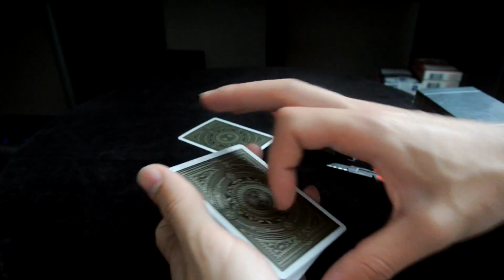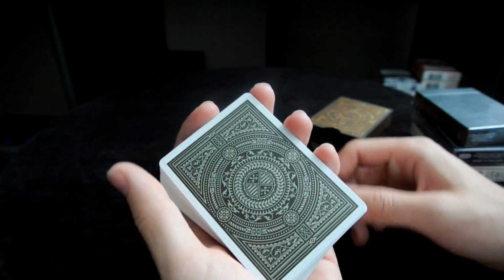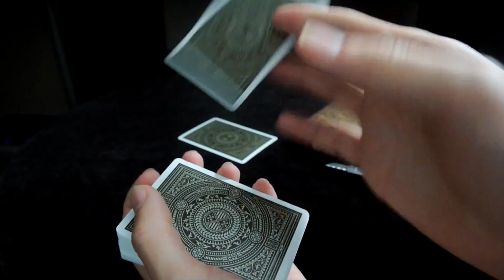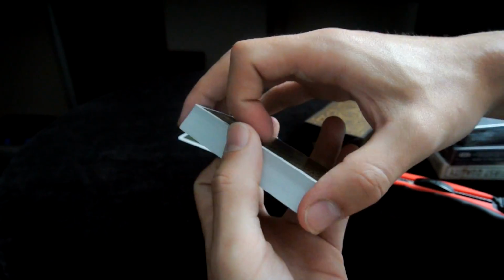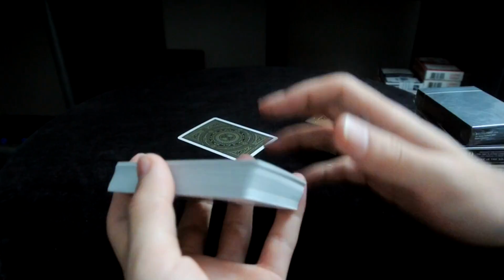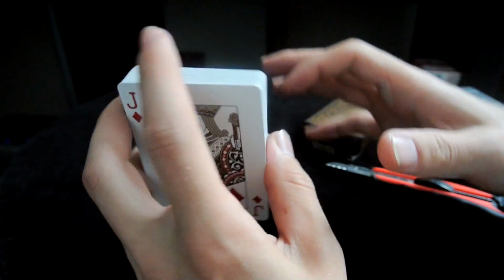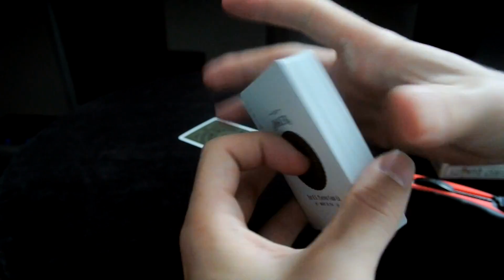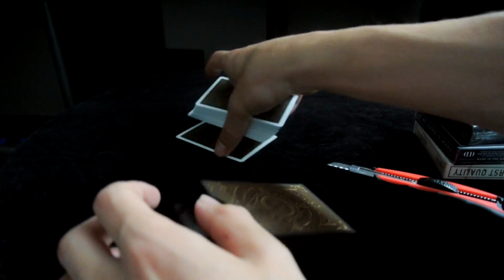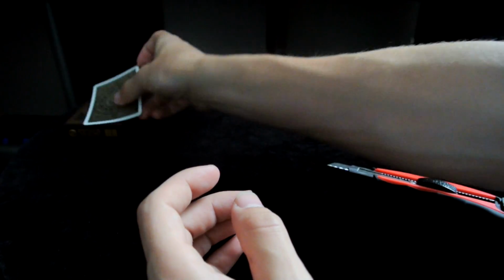Just feeling this deck, it feels really great. You could compare it to a Tally-Ho deck. It's very similar. I like the gloss that it has to it. It's snappy, and it springs fairly good. Dribbles fairly good. Spring, dribble, cuts, feels great. Nice. Medallion deck of cards feels really good. Put this away. And next, we shall move on to